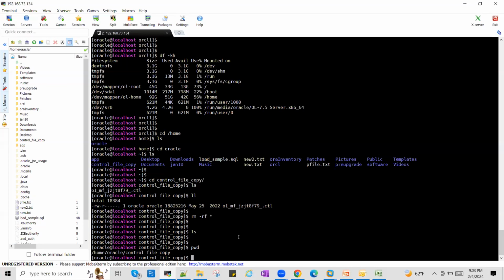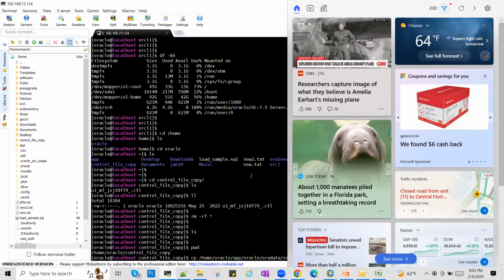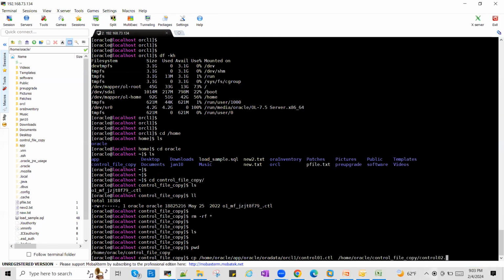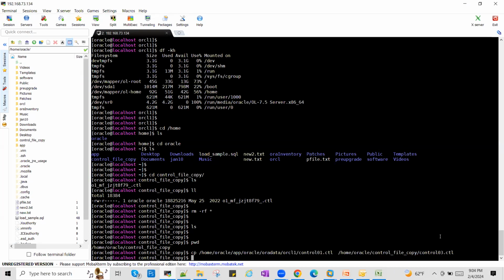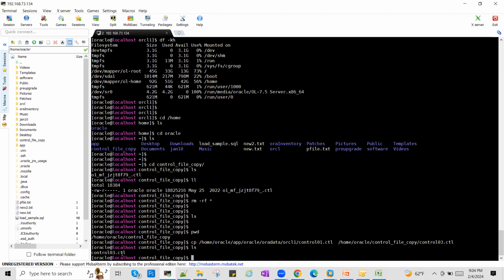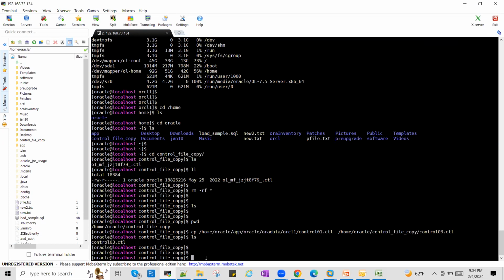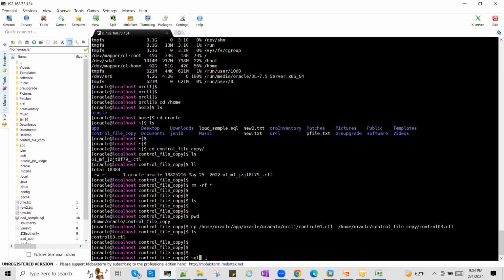So copy this. I am just running that command, copy this control file to this location. Why did it come 3? .ctl. Okay, enter. So here control03.ctl is created. Okay, now I created a copy of the control file. Now I have to tell the pfile or spfile that I have created a copy of the control file. For this one, what I do is I have to go to SQL Plus